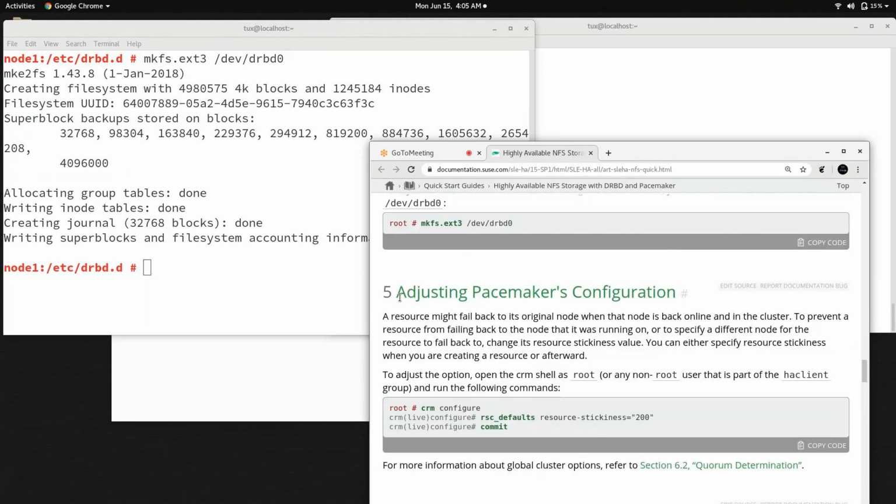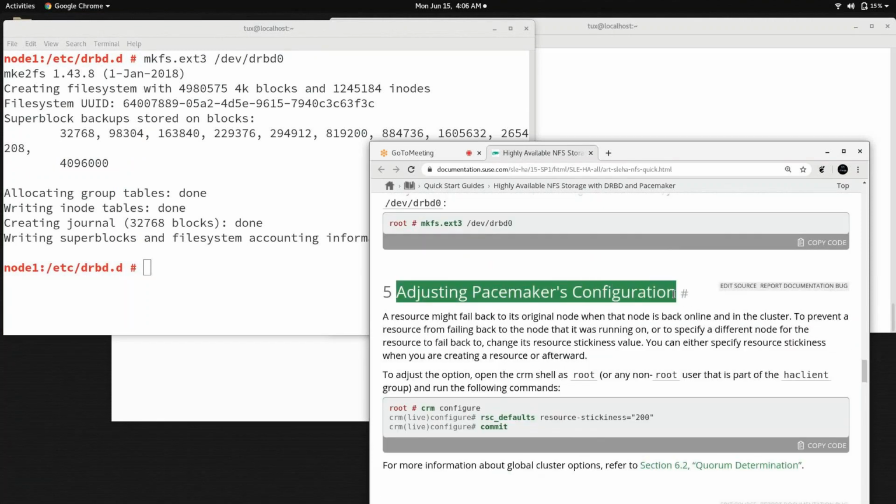Next is adjusting the Pacemaker configuration. In a cluster, let's say you have a two node cluster, node 1 and node 2, and you are running one of the resources, A. What is the default behavior of the cluster? Let's say you have some issue in node 1, and due to that your resource is supposed to move to the other node, and that happens. Your node 1 gets rebooted, and your resource moves to the other node. There is a considerable downtime because the node is down. That is quite good. But what about when the node is up again?